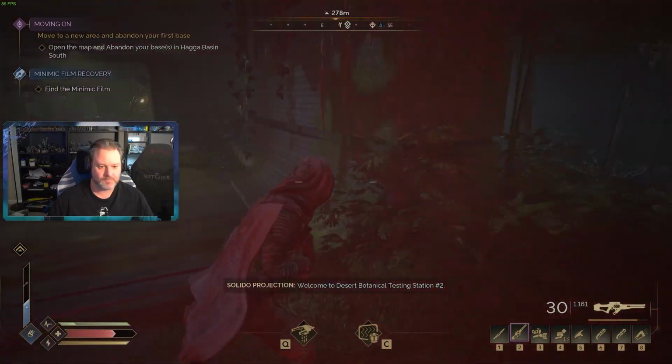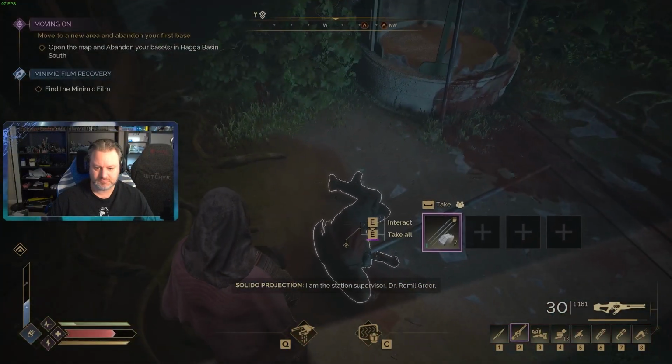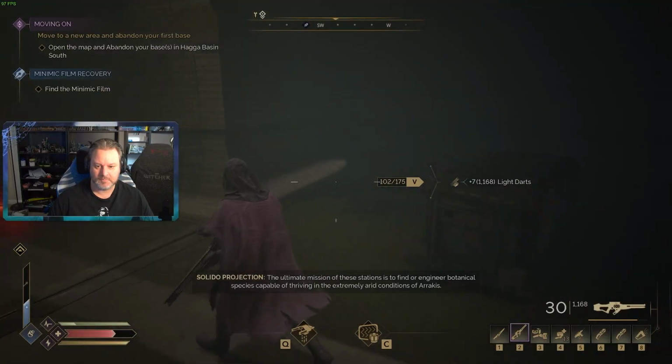Welcome to Desert Botanical Testing Station number 2. I am the station supervisor, Dr. Rommel Greer. The ultimate mission of these stations is to find...